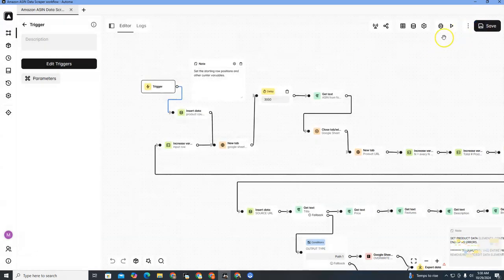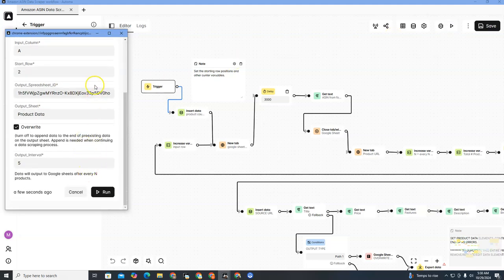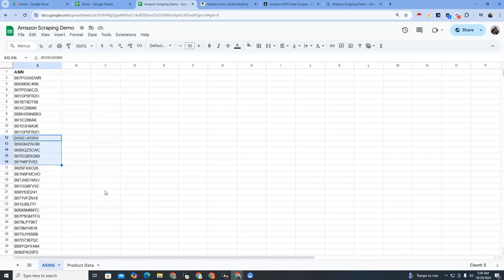You have those defaults saved. So now when you execute it, you don't have to keep copying and pasting this stuff in over and over if you're using the same sheet. Now I'm going to go ahead and run it, and once you run it, you'll see